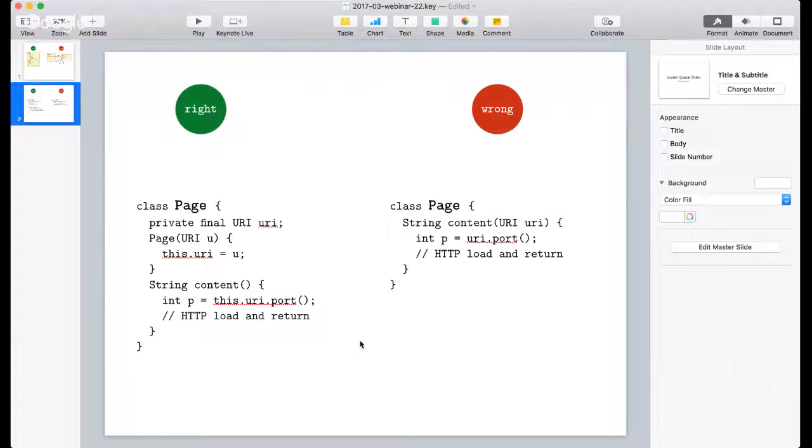And if the language were better, if it were not Java but a more powerful language, it would be nicer to technically restrict that usage and say that only the class which encapsulates the URI can use the port. I don't think we have any language which has that restriction, but correct me if I'm wrong. We have a restriction for inheritance, but we don't have that one. But it would be nice to say that, if you want to use the URI, the methods you can use are like print me to string or print me to XML or send me over a wire. I don't know, just do something.